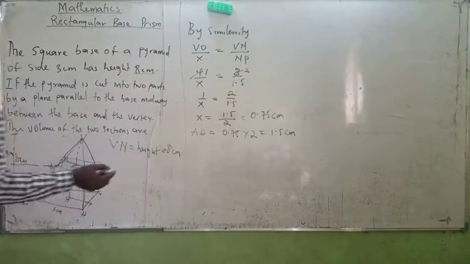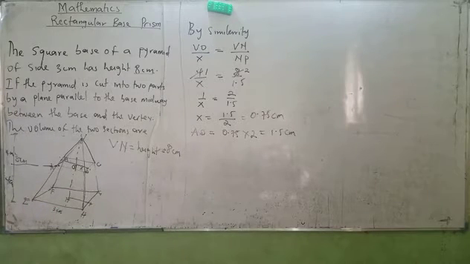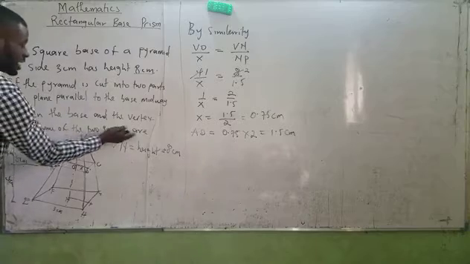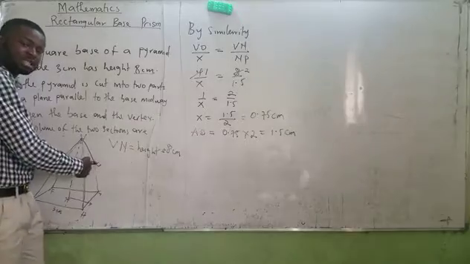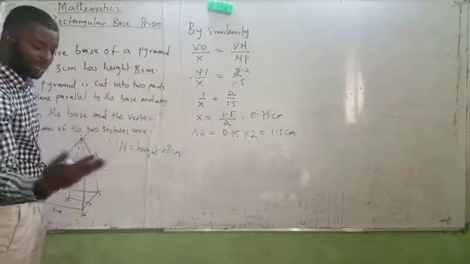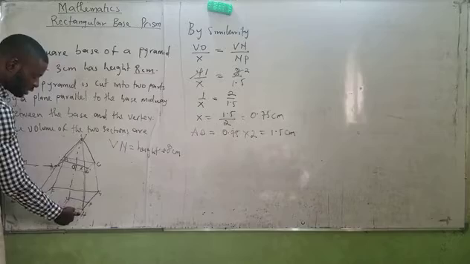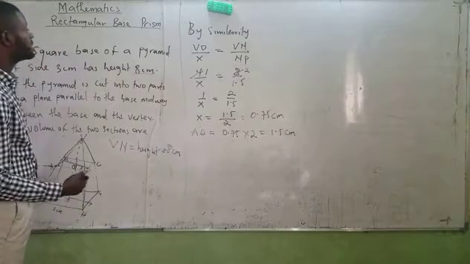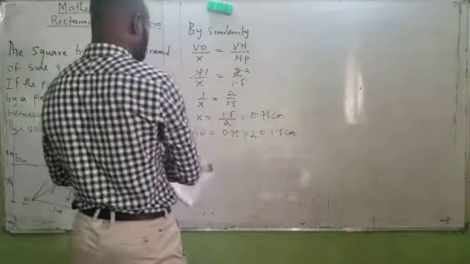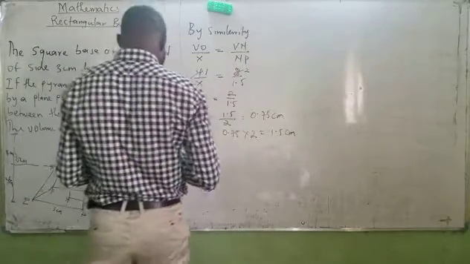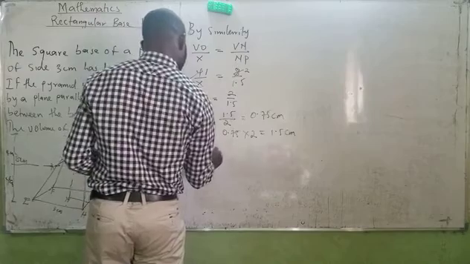Now, since I know that, I can proceed to the next one. Now, I want to find the volume, because the question requested for what? Volume of the two sections. First section and the second section. It means the upper section is a pyramid, while the other section is a prism. Take note of that. Now, that is what we need to understand here, and it means volume of